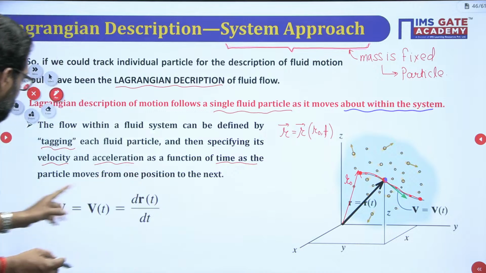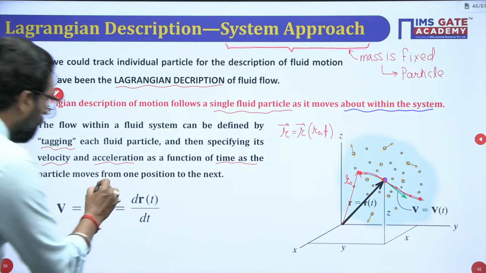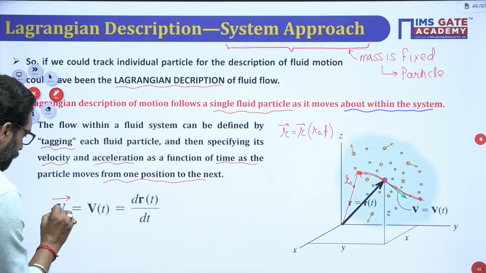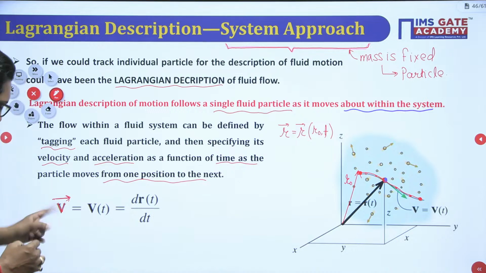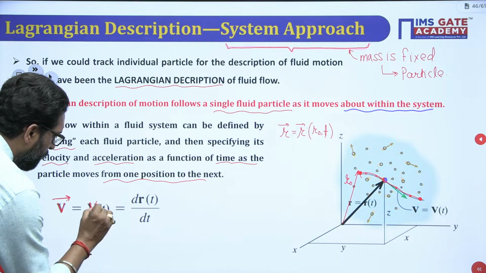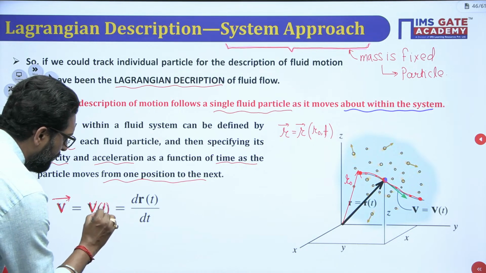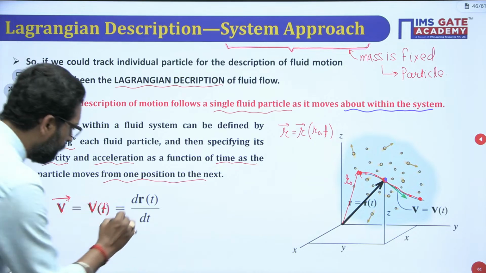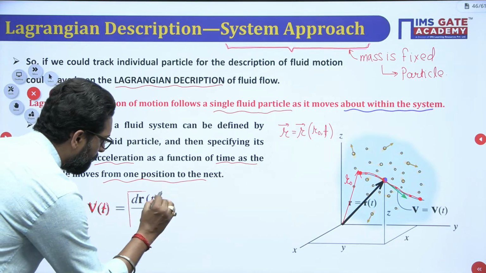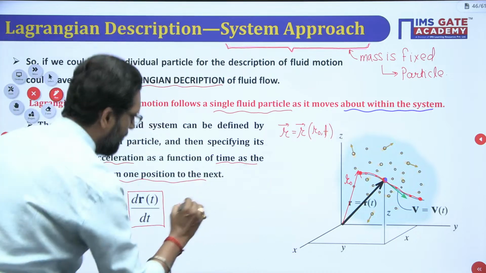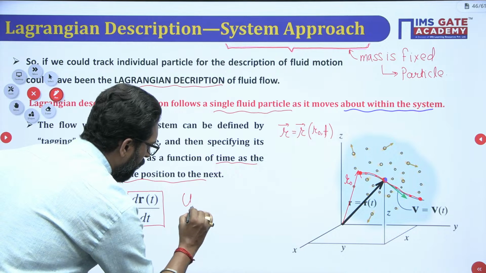Particles move from one position to another position. If you define this vector field as a velocity field, this velocity will be a function of time and initial position. The initial position is fixed, so it is defined by time, and V is your dr by dt. So if you define the particle in the x direction, u is